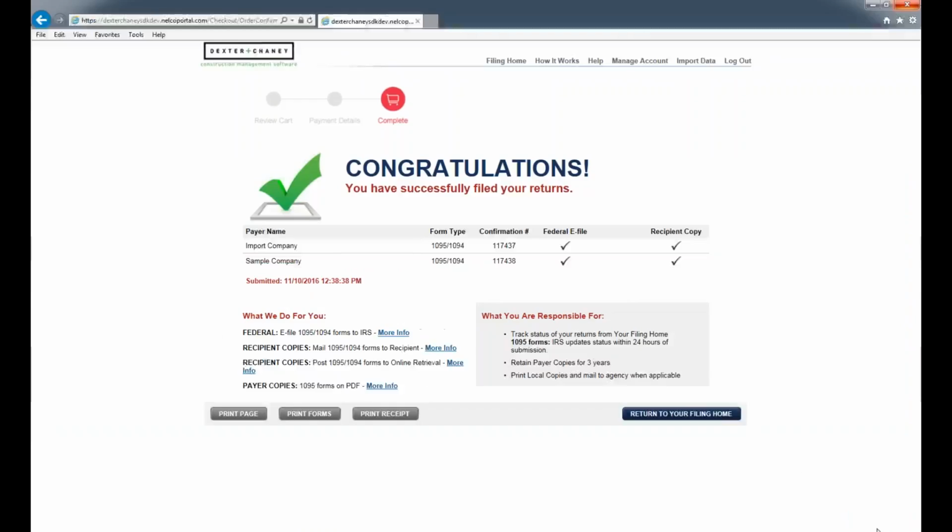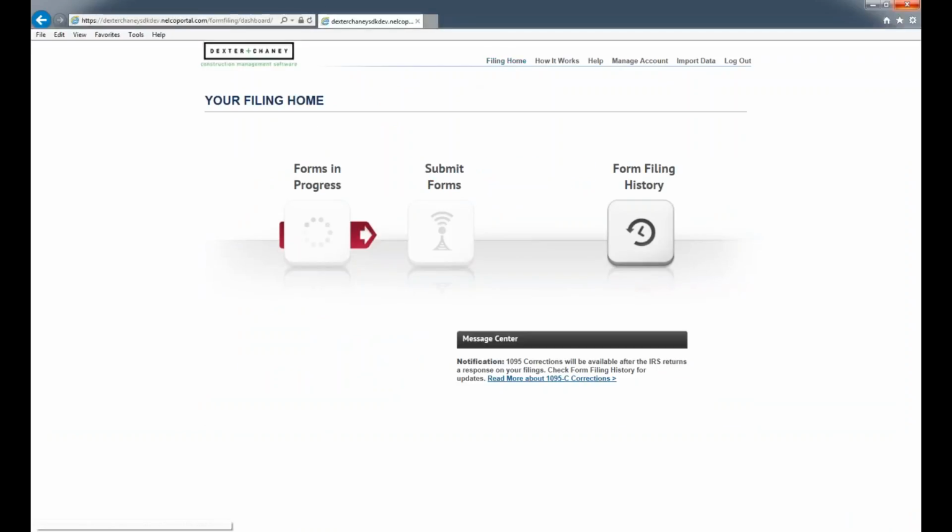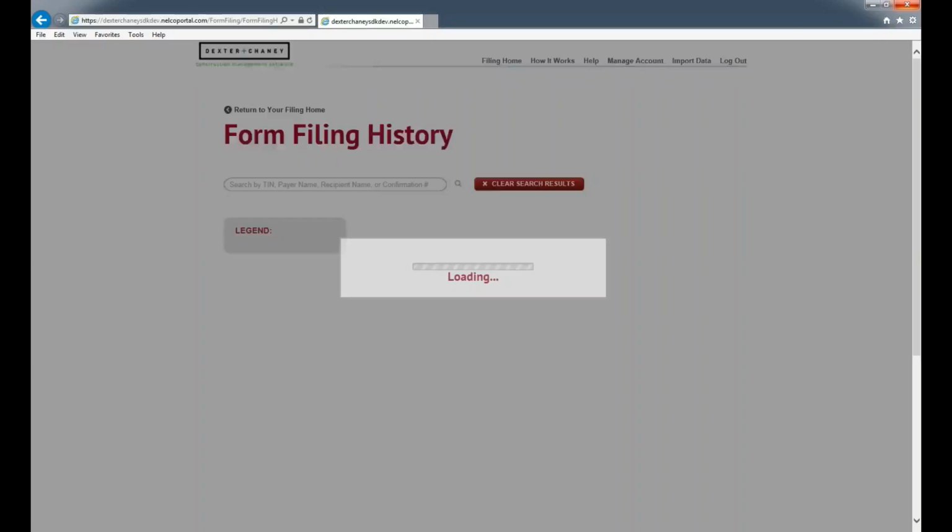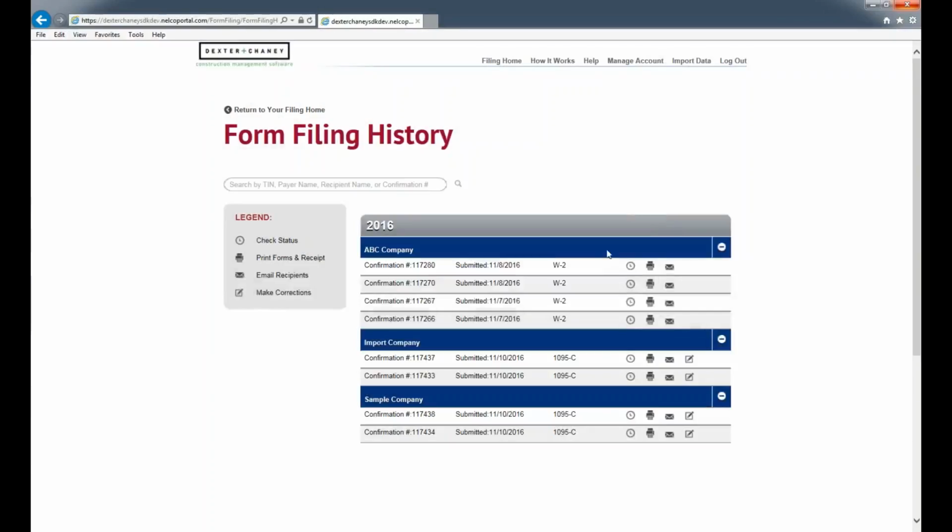Pretty simple. One quick thing, common questions that we have. Number one is what's the status? And you can always come back here to Filing Home. As long as you're logged in, you can click Filing Home and then go to Form Filing History. And this little clock icon is going to be the status check. So if you click,